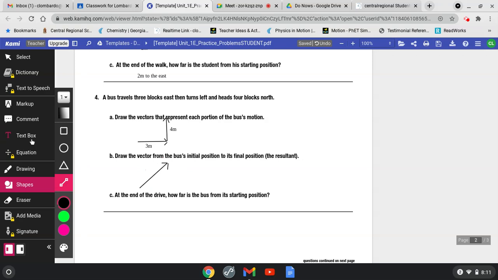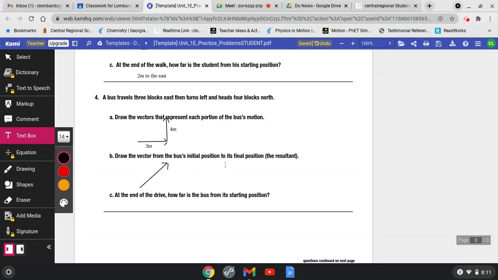So you would need to do the equation C equals, what do we say? A squared